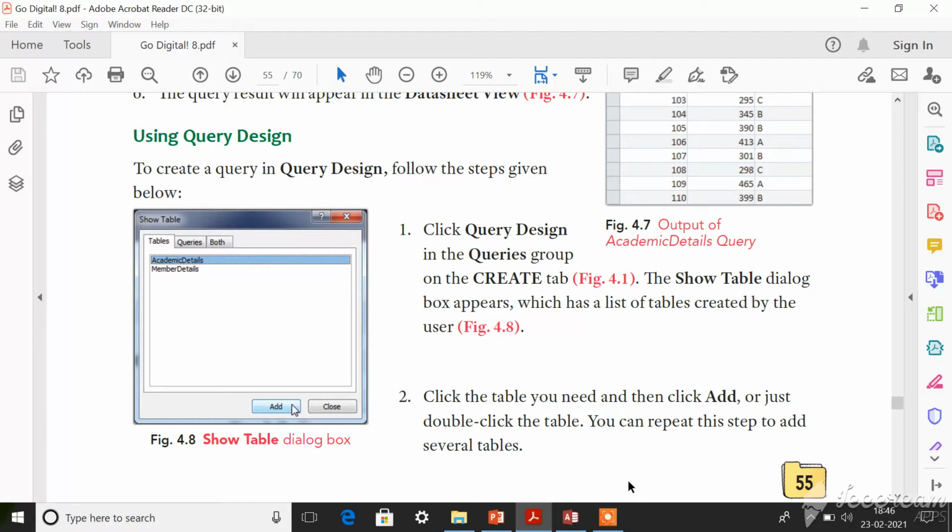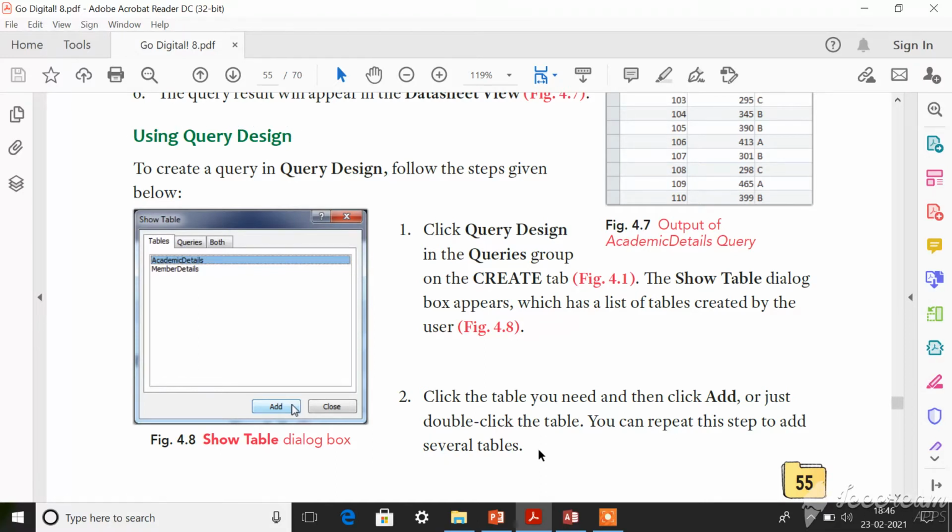I have already given you an introduction about Access 2013 and what are queries, isn't it? Queries are basically questions that we ask our database management system. For creating a query, basically we need a table of contents. Last week I told you how to create a query using query wizard option, and I asked you to try that out at home. I hope you all did that. This week I'm going to explain how to create a query using query design.